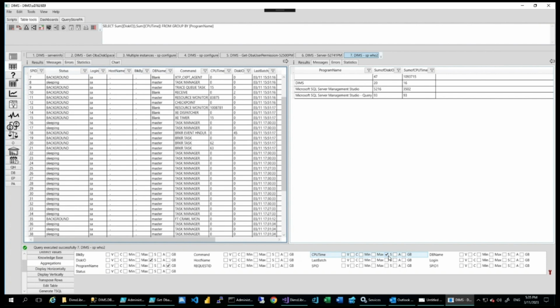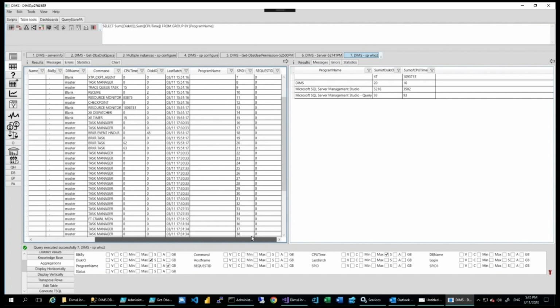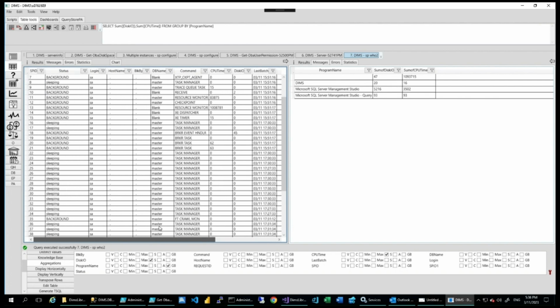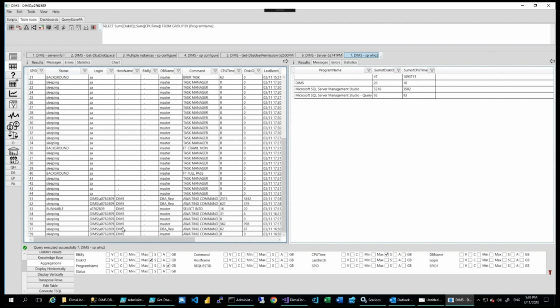Okay, and if we want, we can group by multiple columns. So since on our SQL servers we can have connections from different hosts, and this command returns also the name of the host, db name, host name, but in our case it's only one. And okay, so we can group by that column also. So host name, group by, and as Power BI does,